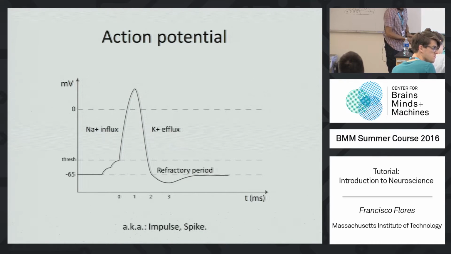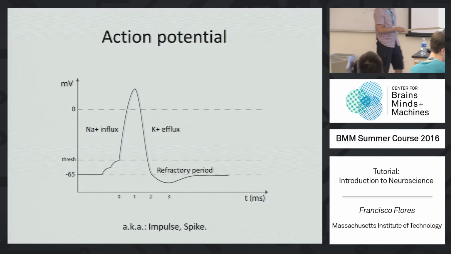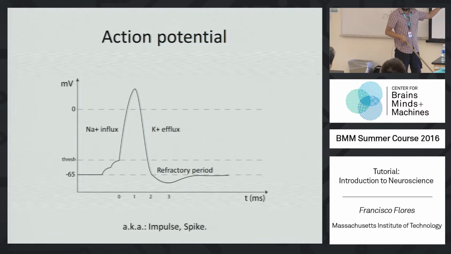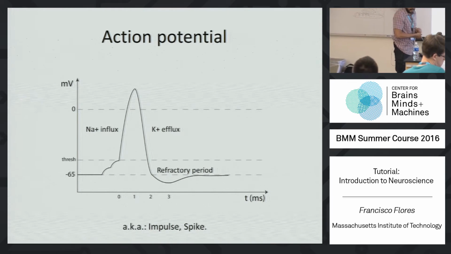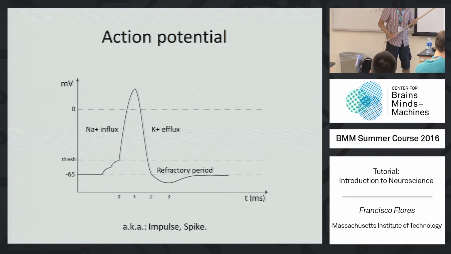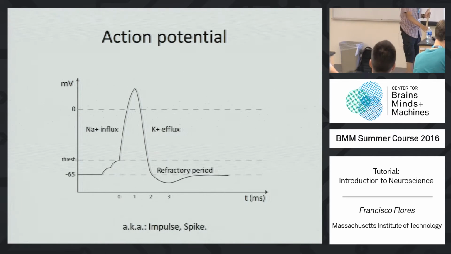And well, the action potential is also known typically as an impulse or a spike. So when you hear like spiking neuron, it's basically the firing of action potentials. And this is basically the way that the neuron communicates with other neurons. So these action potentials actually,